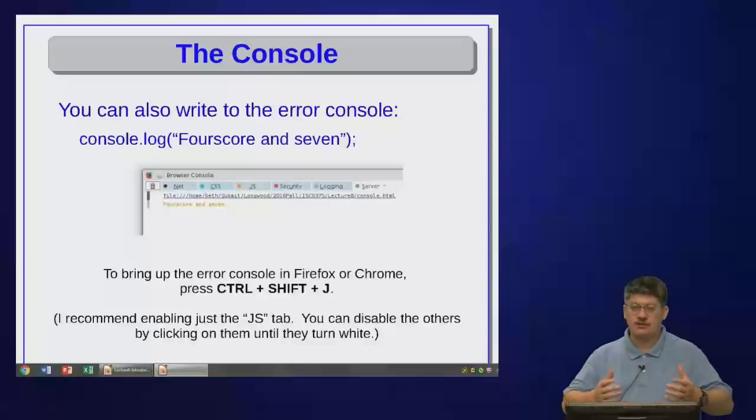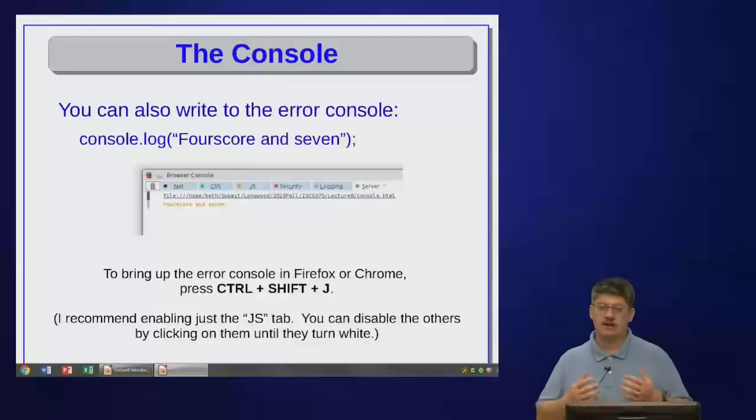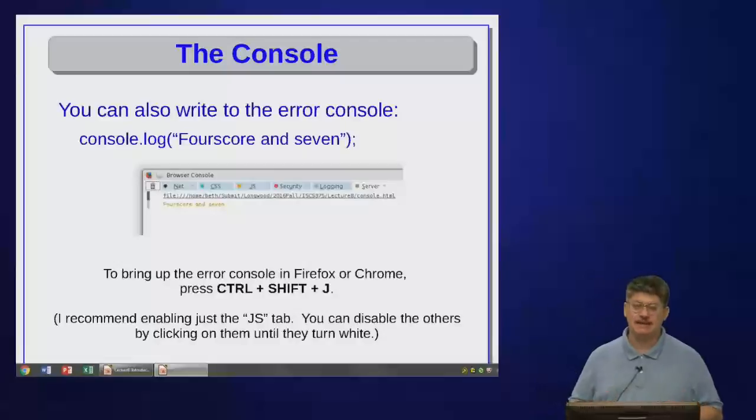So what you actually might do if you have debugging information that you want to display, but you don't want the user to see it, you're going to use console.log. The console.log function writes to a hidden error console in the browser. So for example, I could call the function console.log, and in my parentheses, I could have the string "4score7". Notice I put double quotes around it because it's a string. We'll talk about why I do that in a minute. If I do that,